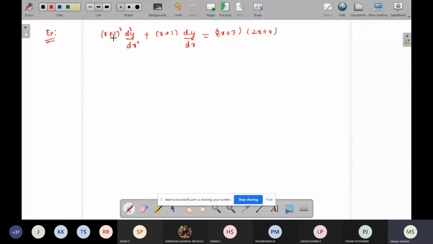See here, x plus 1 is not given here. So if we assume z is equal to log of 1 plus x, that means 1 plus x is equal to e power z. That means x is equal to e power z minus 1. So replace x with e power z minus 1 and e power z minus 1. Then multiply these two. You will get some exponential-in-exponential type of functions in the RHS. That's it, and then use the same method. So this was the hint for you.